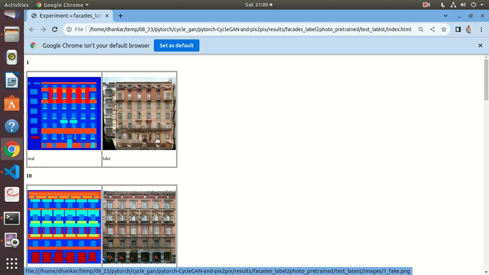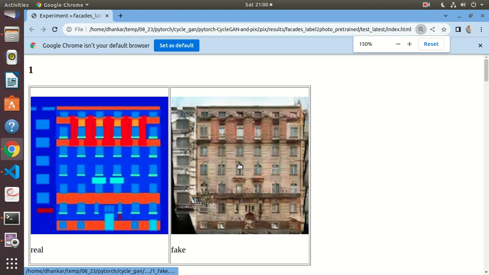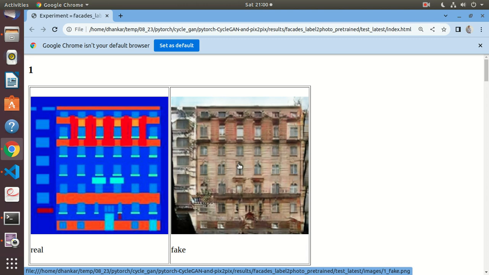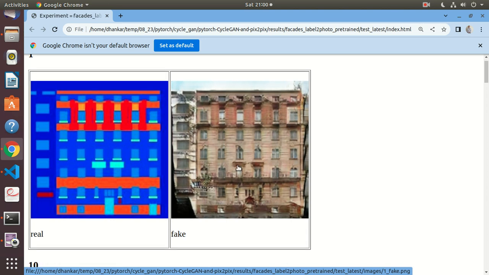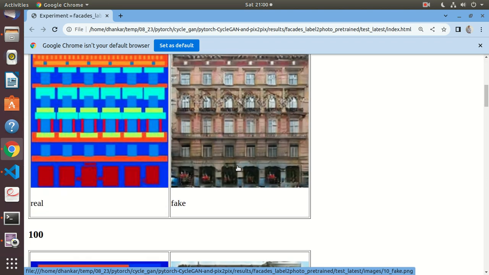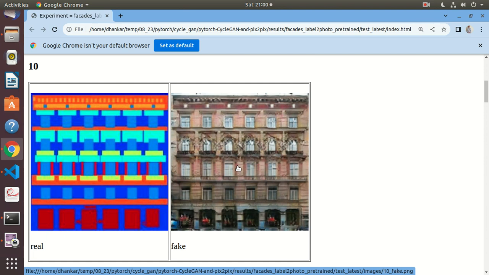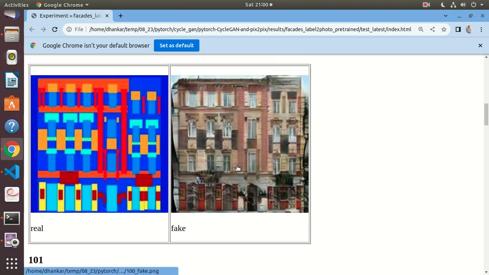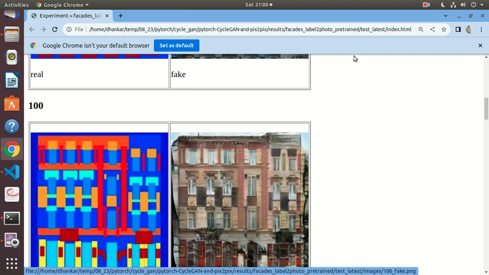And the one on the right says fake. So the fake one is basically the generated one. If you zoom in, this is what you get to see. So this is the generated one. And just to keep it real, what I'll do is